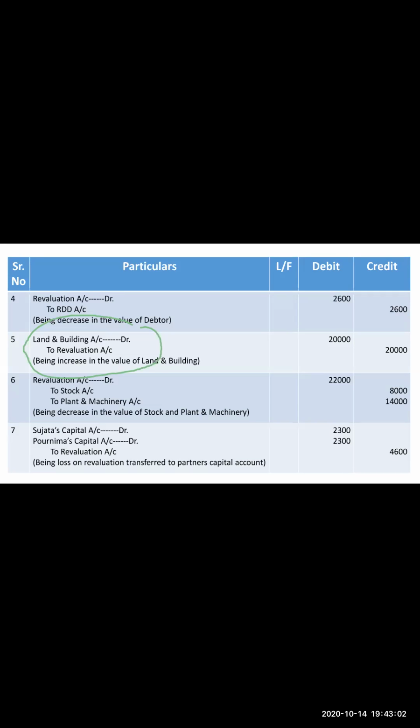ठीक है, कितना increase हुआ? 20,000, क्योंकि पहले कितना था? 60,000. Now it is increased to 80,000. So कितना increase हुआ है? 20,000. So the difference you have to mention over here. Okay. Now the next is